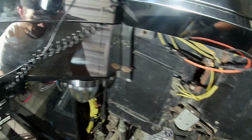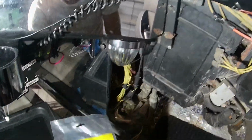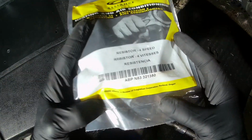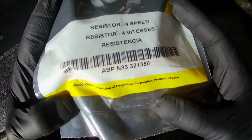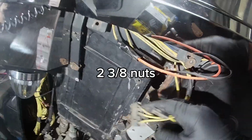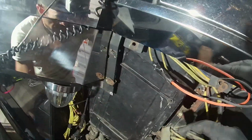Alright guys, so today I'm replacing my AC resistor. You need the part number. There it is. So to take off your AC resistor, pretty easy. You just take this panel off, and then you're gonna have two 3/8 bolts, one right there, and you unplug this off,